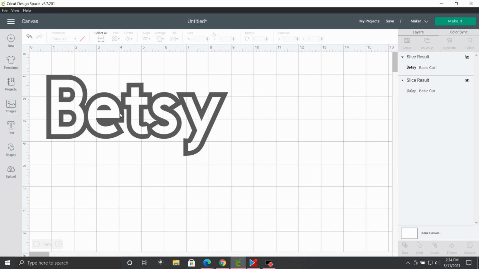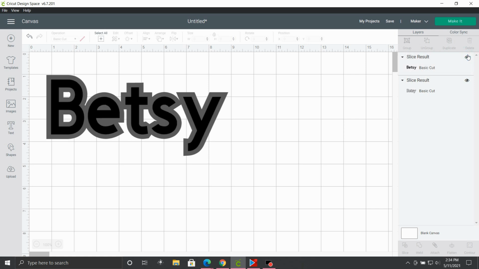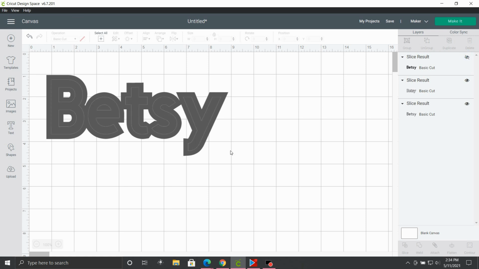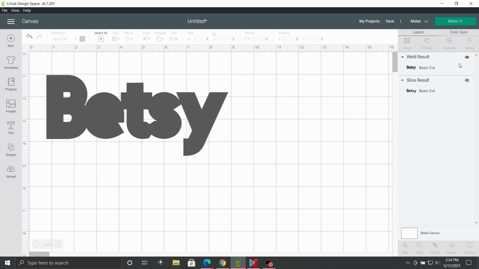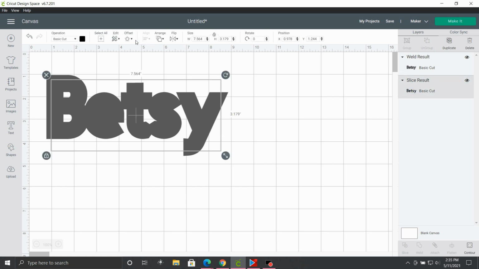So you can make it where there's no fill in between, or you can make it where you have the whole design like this. And if we go back one more step where the Betsy is there, we're going to make it where we can't see the black layer of Betsy. We can also take where we sliced and weld that together, and now we have a whole background outline. So we can take this and edit,